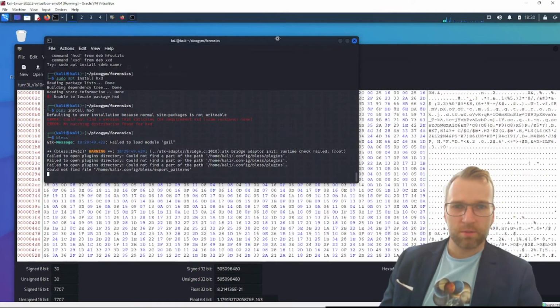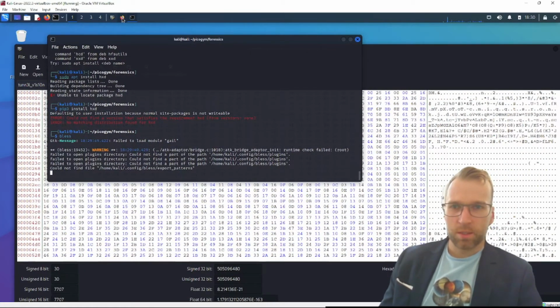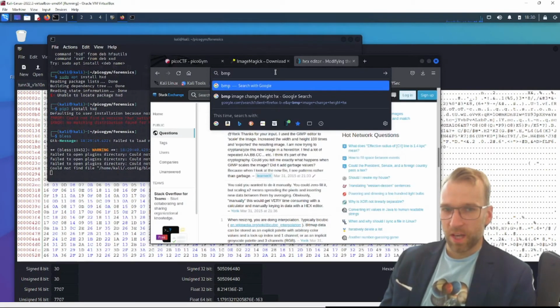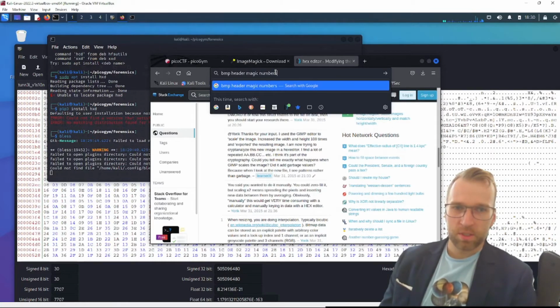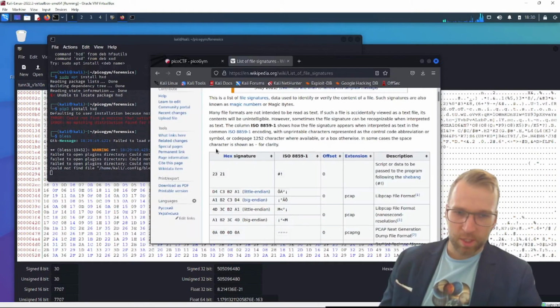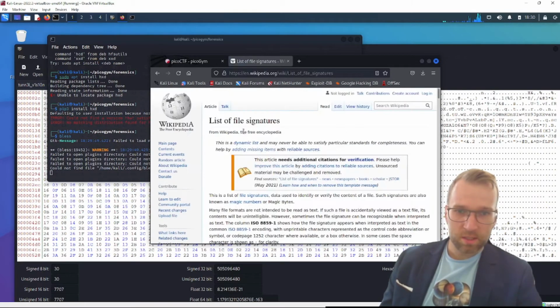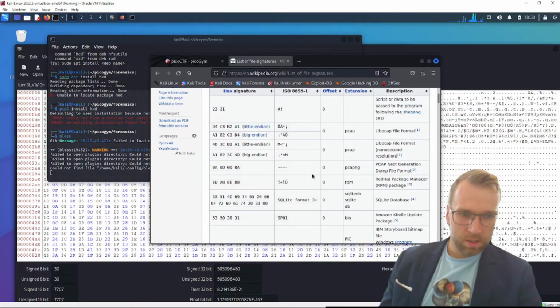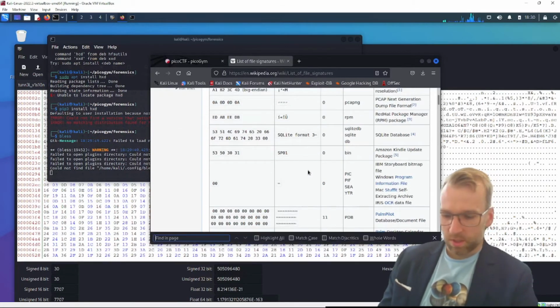So let's look up the header information. And usually you'll change the information within the header, within the hexadecimal of the header. So we can go BMP header magic numbers. And again, the magic numbers are just the hexadecimal information that defines the image in a sense. And this is a list of, so we don't want a list of file signatures, I don't believe, because, well, let's see, we can probably